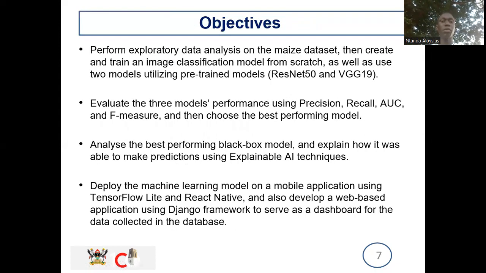I will begin with the objectives. The first is to perform exploratory data analysis on the maize disease data, to ensure data cleaning, then create and train an image classification model from scratch, as well as utilizing two pre-trained models, which we shall get from the AI lab, that is the ResNet 50 and the VGG19. Then the second objective is to evaluate the best performing model among the three models